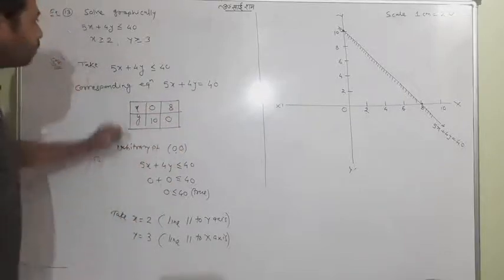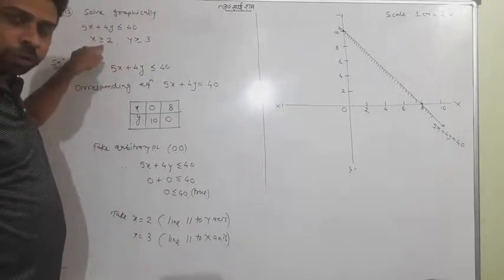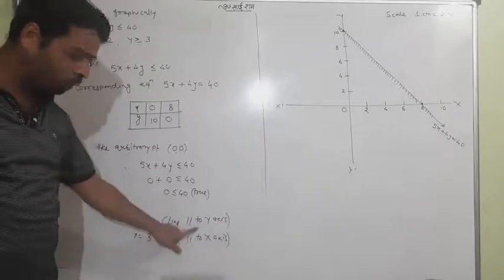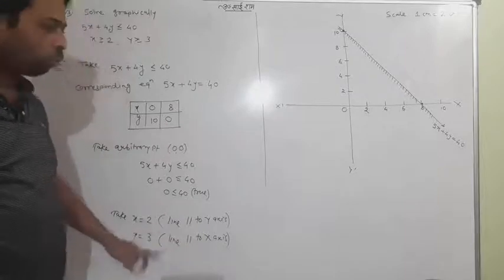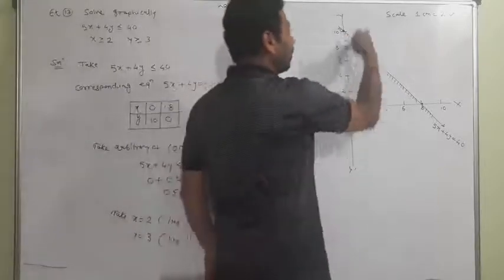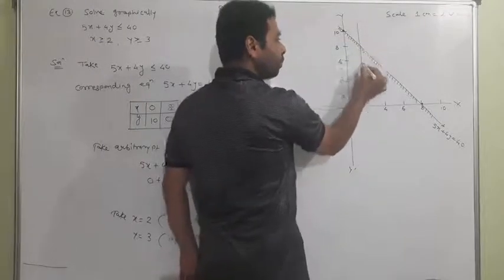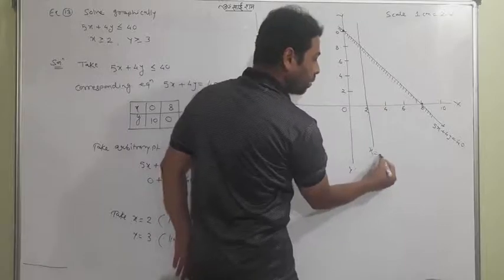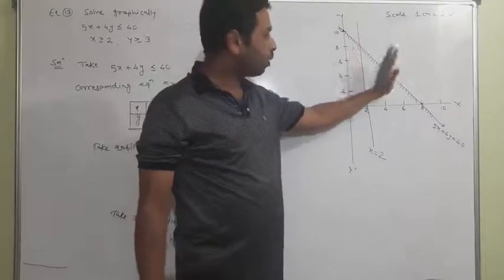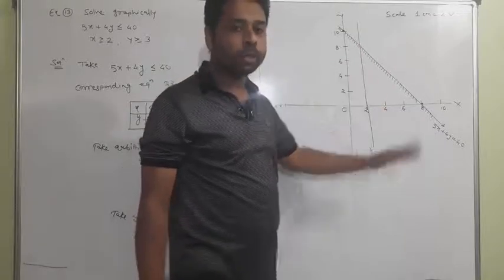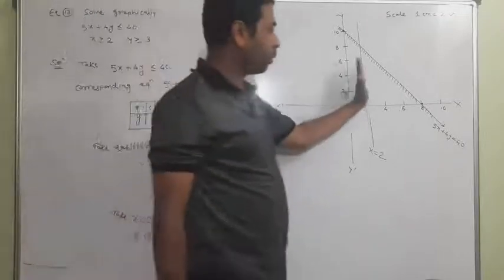This time, x equal to 2, instead of the greater than sign I took the equal to sign, and it represents the line parallel to the y-axis. You can draw x equal to 2, a line parallel to the y-axis. This is the y-axis, and this is x equal to 2, the line passing through 2. But we actually have to decide whether the right or the left is our feasible region. We can read here x greater than 2. So where is x greater than 2? It's the right side.